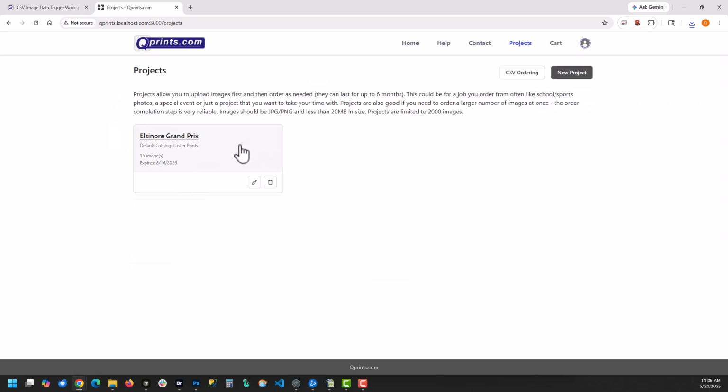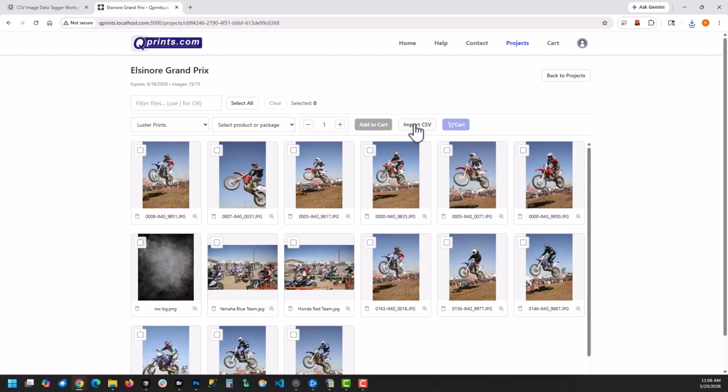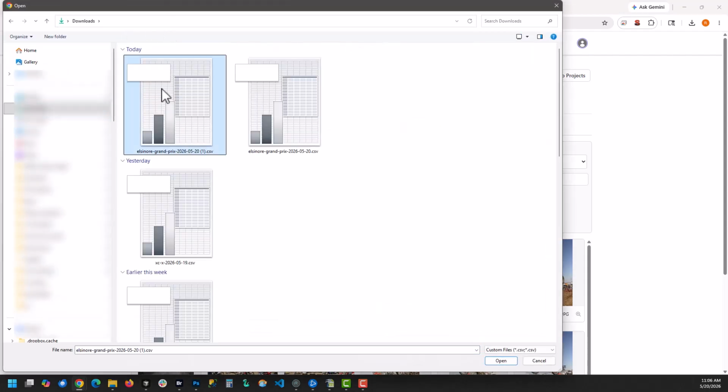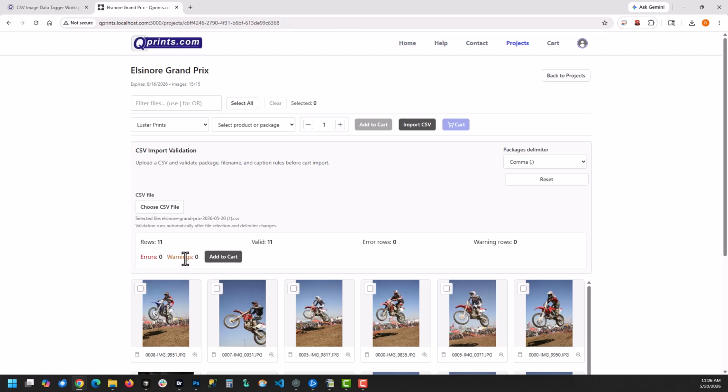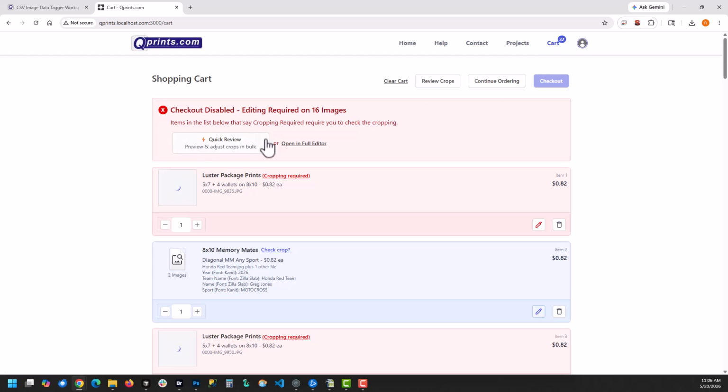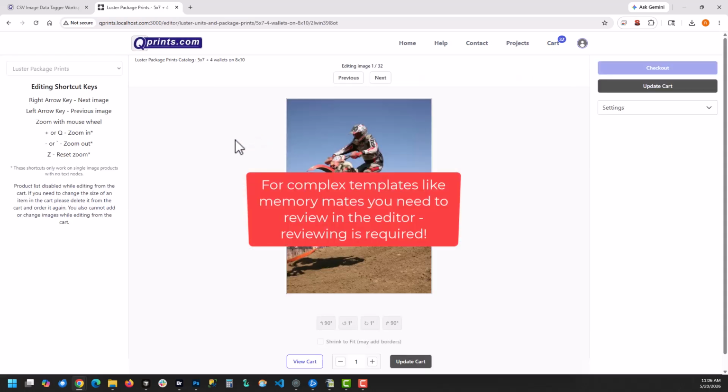So now with this CSV file, you can go into a project and import the CSV and then create an order from the items in the CSV, and the different amounts of information that we put in there can then apply to, say, a memory mate or some other complex product that has information from the photo in it besides just the image. So I'll drop in the CSV we just did. There's no warnings. Now I'm going to say add to cart. And when I go back to the cart and we open them in the editor,